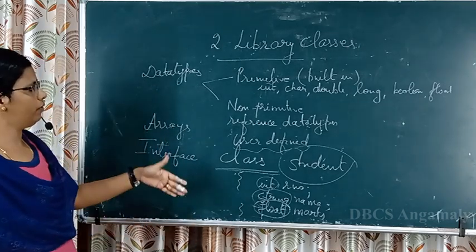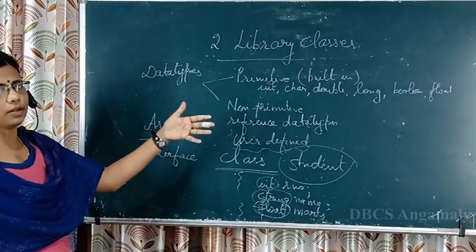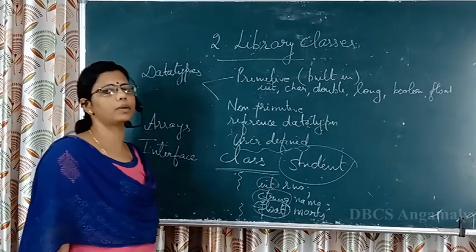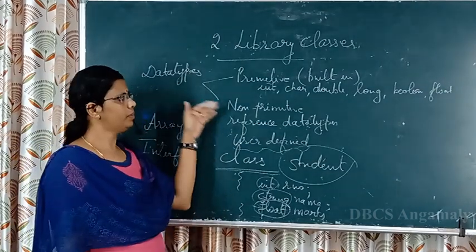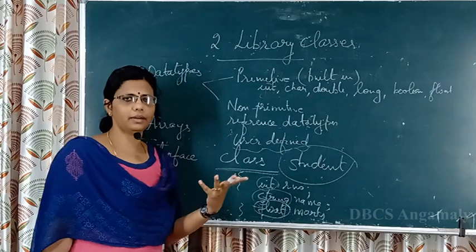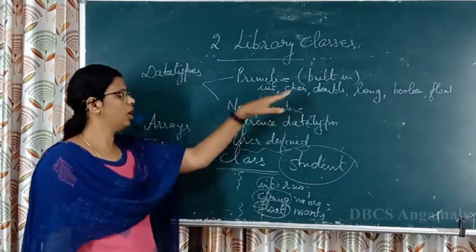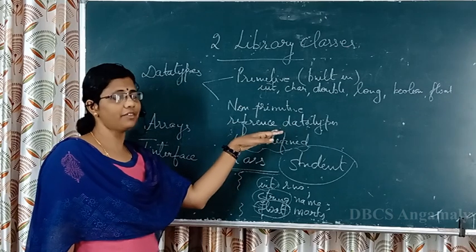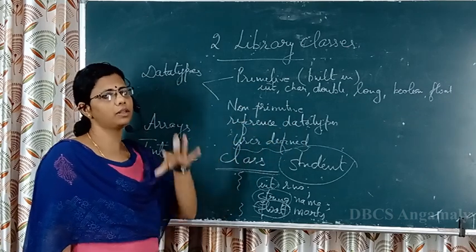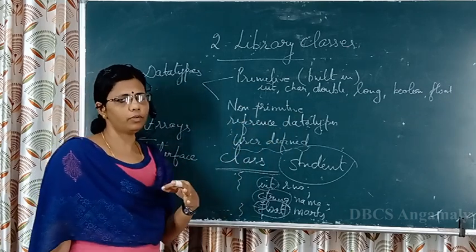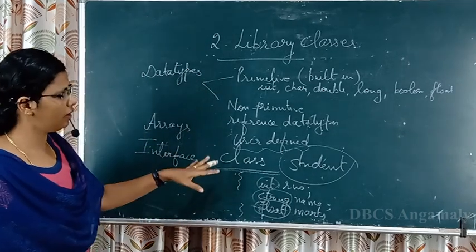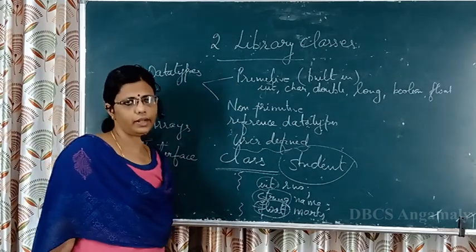So now what we understood was there are two types of data types, primitive and non-primitive data types. Primitive data types are built in and already created by the developers. Non-primitive data types, reference data types, are created by the programmers for our own purpose, and it is done with the help of the primitive data types.